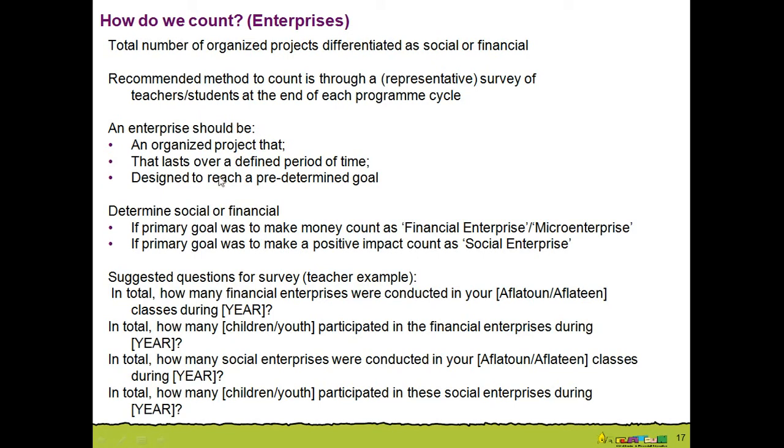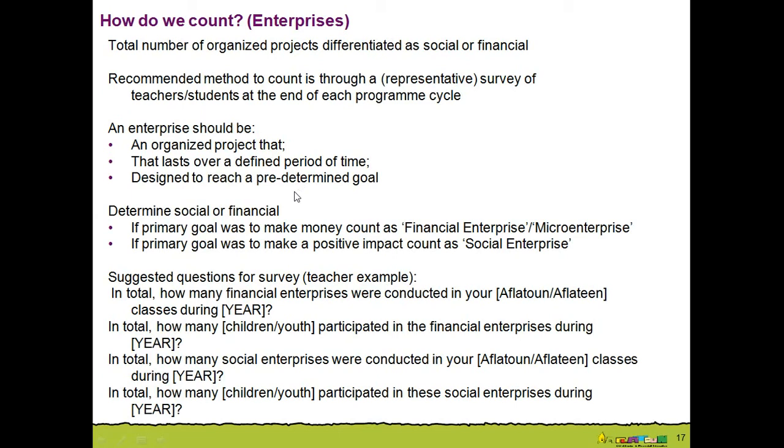An enterprise should be an organized project that lasts a defined period of time and has a predetermined goal, right? So this is not just an ad hoc event. If you just decide to have a party one day, or last minute decide to have Aflatoun Day, but the children were not involved in planning it, that would not be an enterprise.